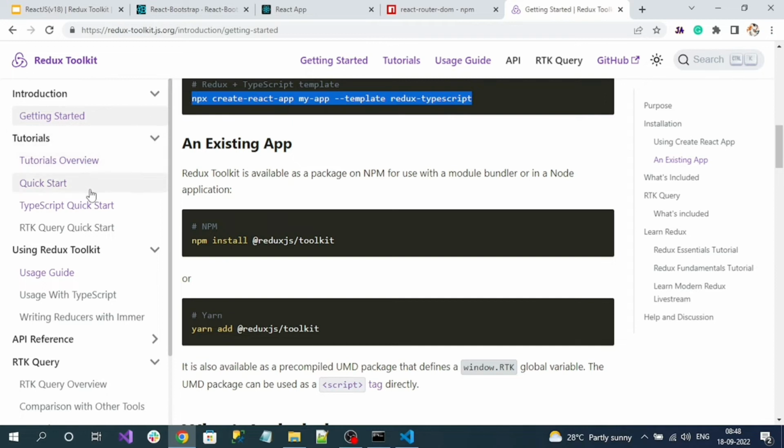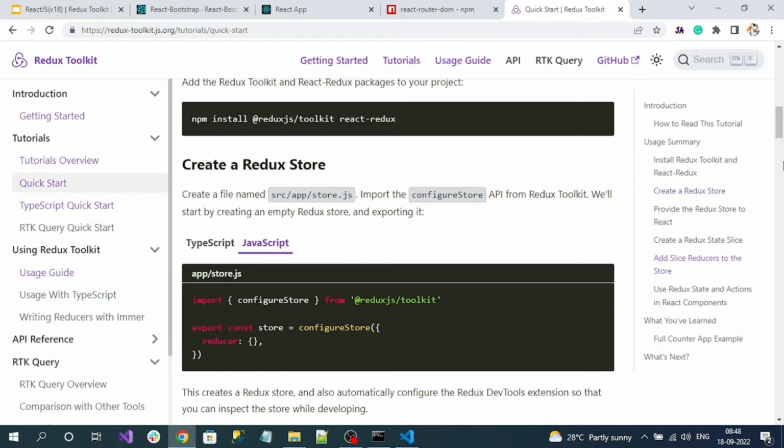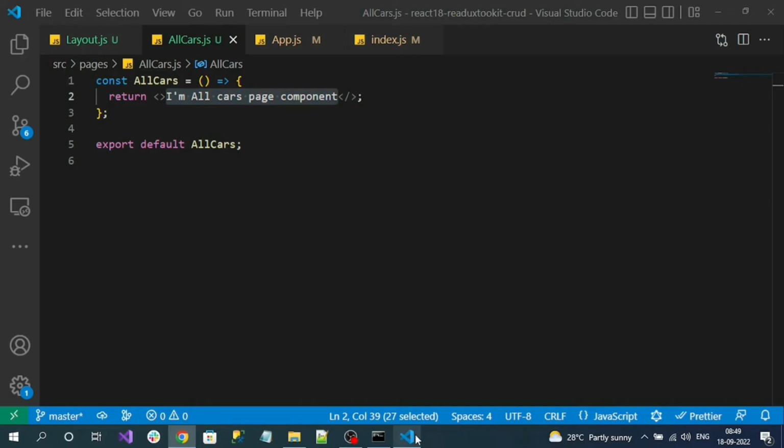So for that, what we can do in the tutorial section, go to quick start, and here is the command npm install @reduxjs/toolkit and react-redux, means here we are installing Redux Toolkit and React Redux because Redux Toolkit is dependent on React Redux. Okay, so copy this command